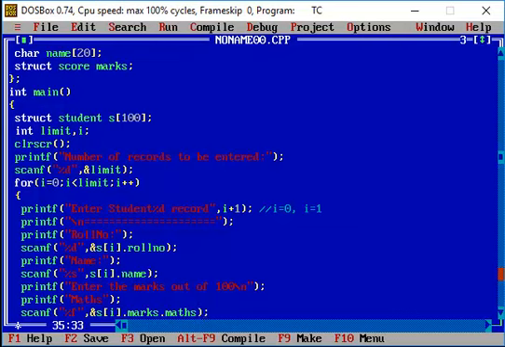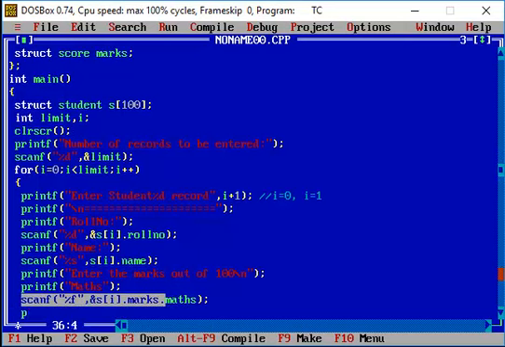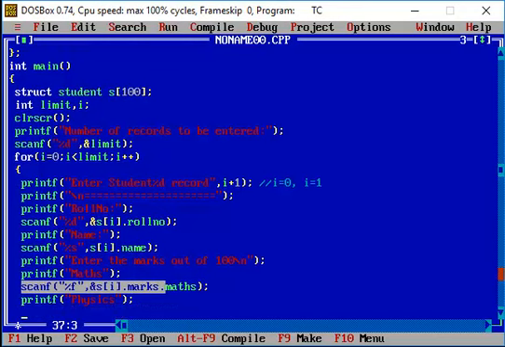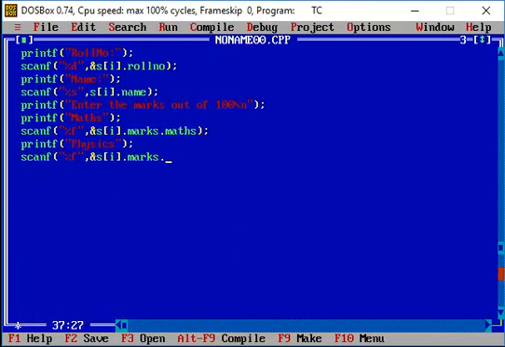I'm going to repeat the same thing to get the mark value for physics as well as for chemistry. So here I'm again going to make a printf statement for entering the marks of physics, and so physics marks has been entered, and the same applies for chemistry as well.